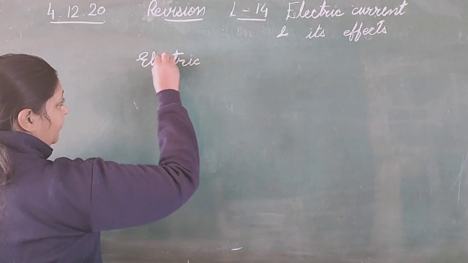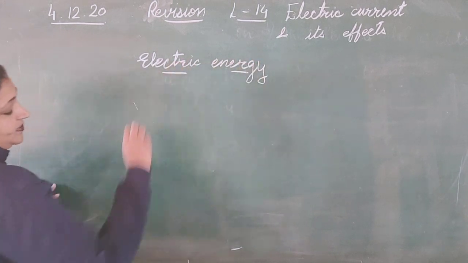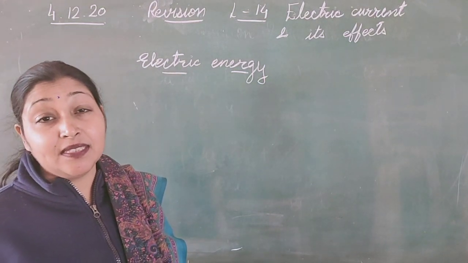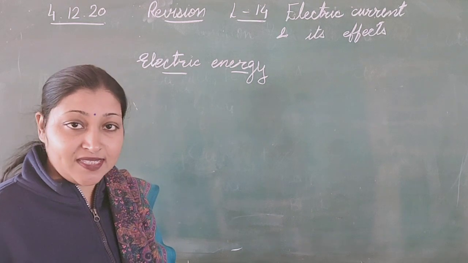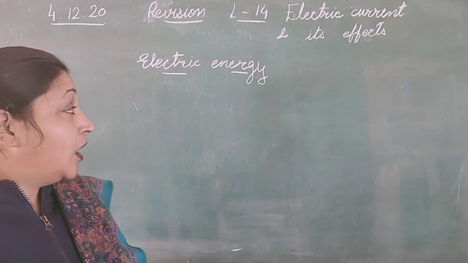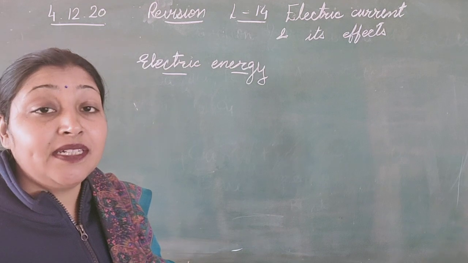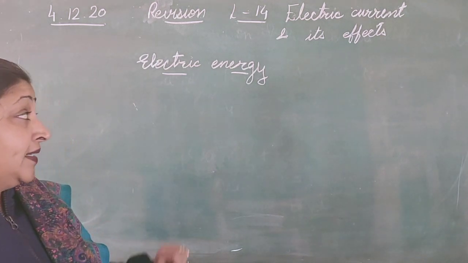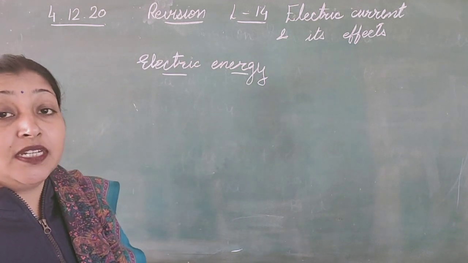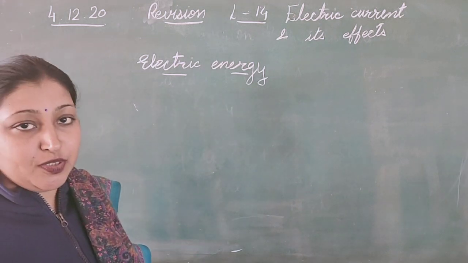And children, we all know that we use this energy in various forms. Isn't it? To light our bulbs, to run fans, ACs, to run so many machines, like our washing machine, even heaters. Now children, this energy is convenient and it is also used in a controllable amount, in a controllable way. So this form of energy is very good to use.